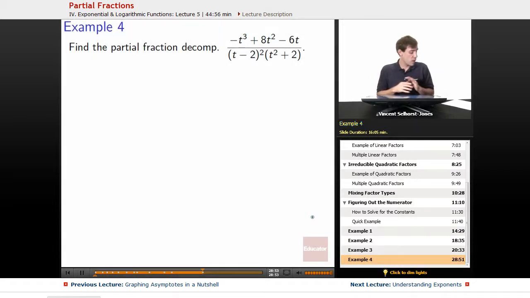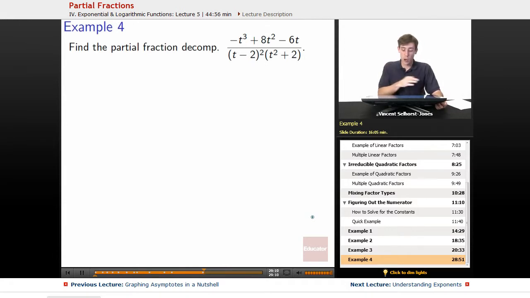Example. This one's a rough one, but this is the absolute hardest you'd wind up coming across in class and a test. So don't worry. This is basically a top difficulty you'll have to deal with. Probably. You might see something a little bit harder, but this is really about as hard as it's going to